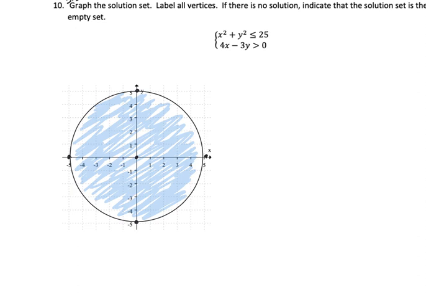If you want to find the x-intercept, you let y equal 0, divide both sides by 4. So the x-intercept is 0. It's the same point. So all we get from that is 1 point, the origin. We need 2 points for a line. So with this one, I'd recommend